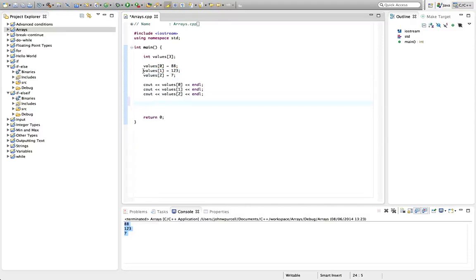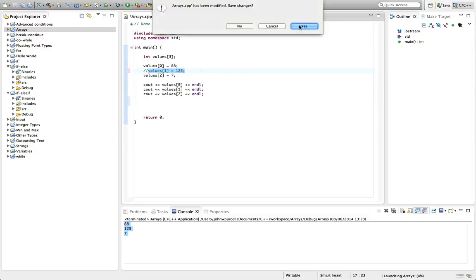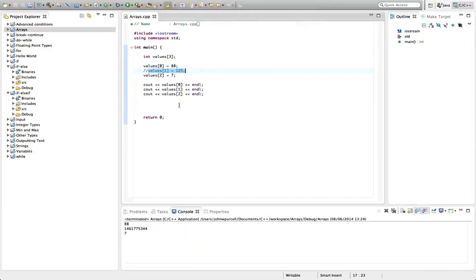Let's take a look at what happens if I don't set one of the values. So if I comment out this, so here I'm setting the value of the second element with index 1 because we start numbering at 0, 1, 2. If I now run this program, you see for the element at index 1, we get just this